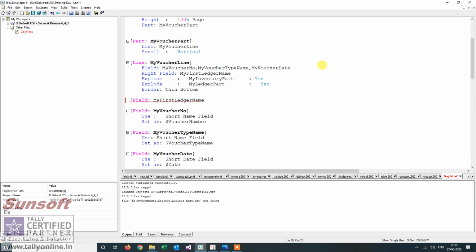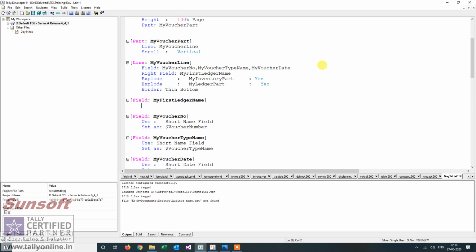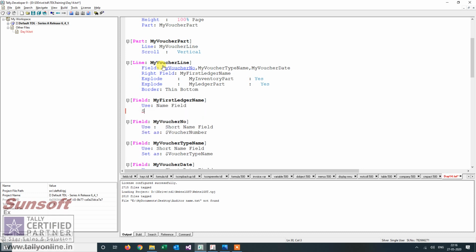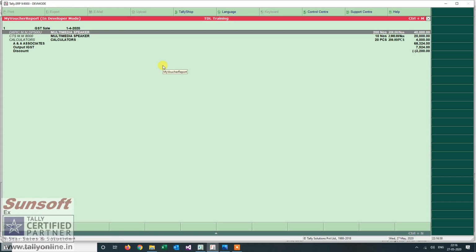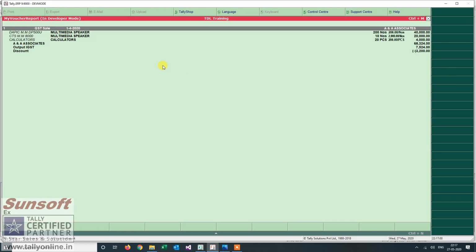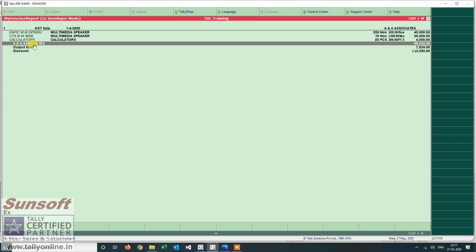On the field I write now, since my context is voucher, the main voucher, I'm not moving into the ledger entries. I straight away write use name field, that is a template, and I set as, let me write it as ledger name, and see what happens. So I'm getting the first ledger name, A&A Associates.